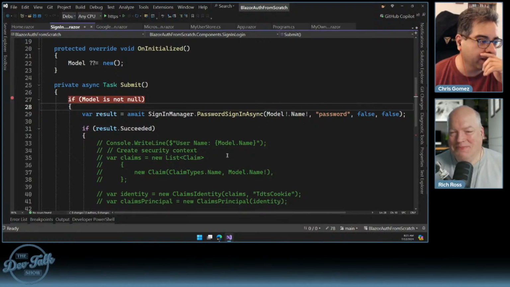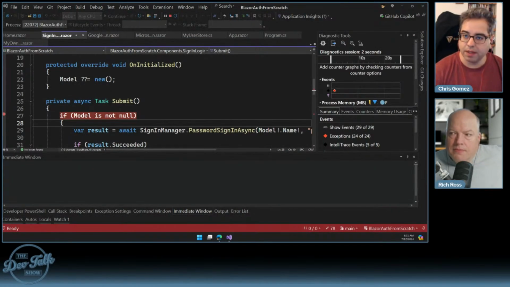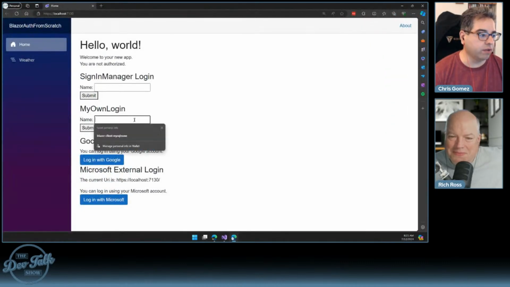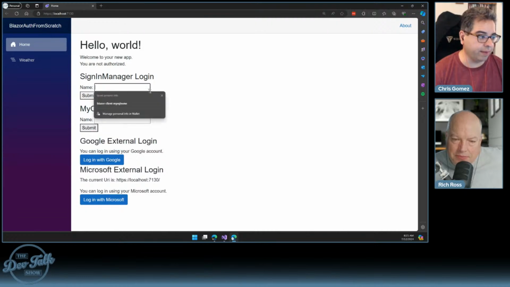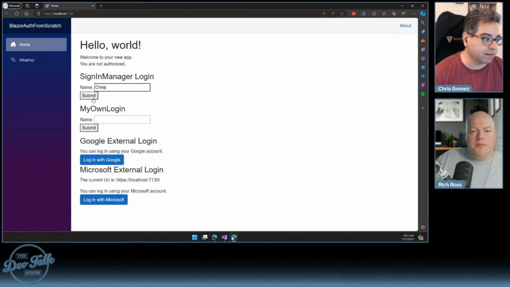So let's see what happens here. This is kind of what we've been waiting for: we have our various ways to log in to the app. And we all know that if I put any old thing in here, we're going to get a user logged in with that username. That'll be the claim that gets used later. If I put my name in here and click submit,